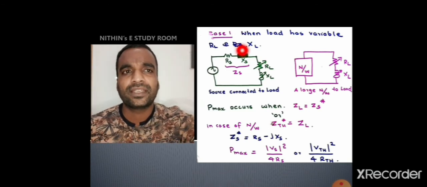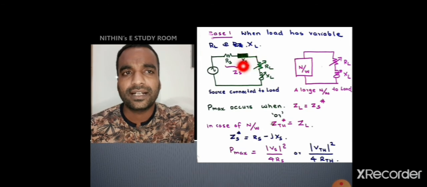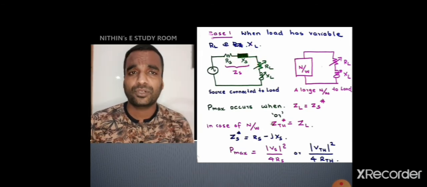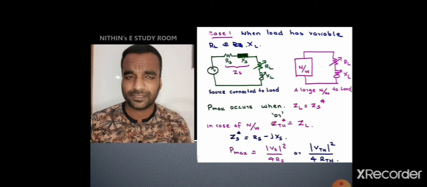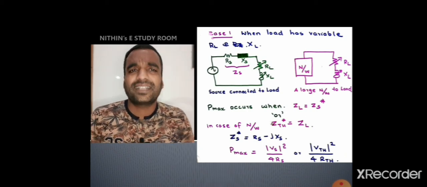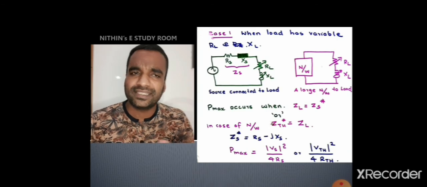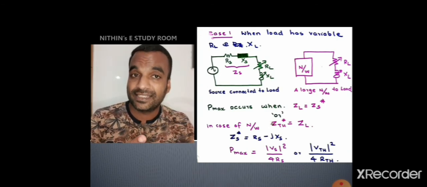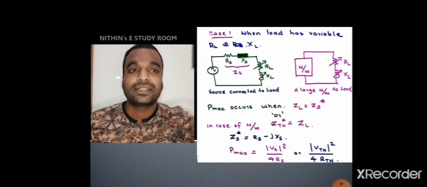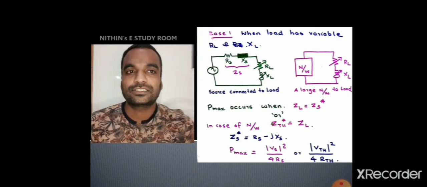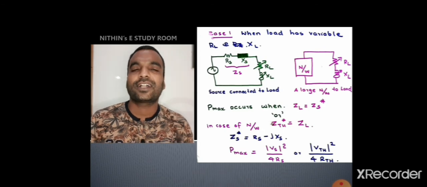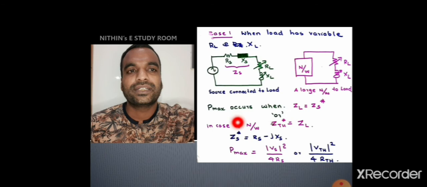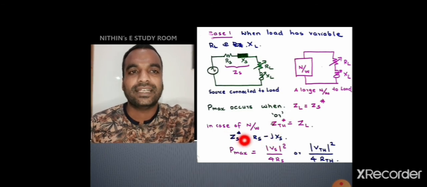You can see here, I didn't draw an inductor or capacitor. It's a black box. Inside that black box, it may be an inductor or maybe a capacitor. But I am assuming that generally for a source, its internal impedance will be a combination of resistance and reactance. As it is reactance, I am taking ZS is equal to RS plus JXS. Then what will be the conjugate of ZS? That will be RS minus JXS.